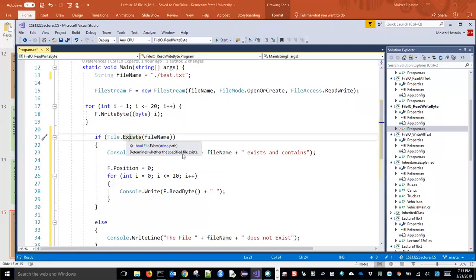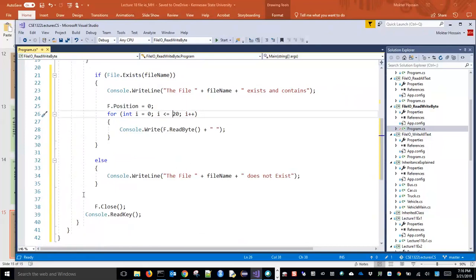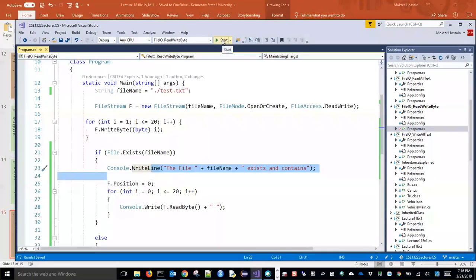It determines whether the specific file exists. That means if this file exists, then it will display this method, and it will write some bytes. What it's doing here is simple. For instance, it is writing from 0 to 20, the numbers it is writing. And else, if it does not exist, then it will show, okay, the file does not exist. Since we are creating this file, I think whatever name we give, it will work. So if I run this program,